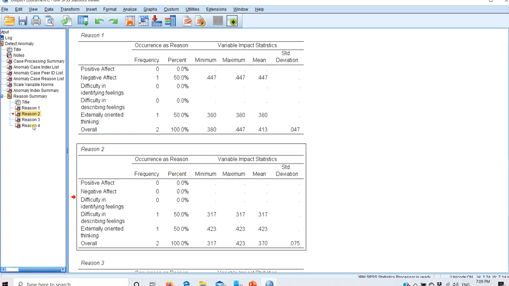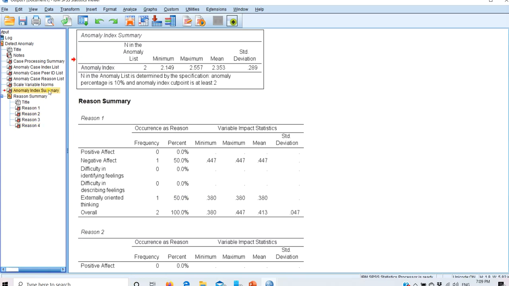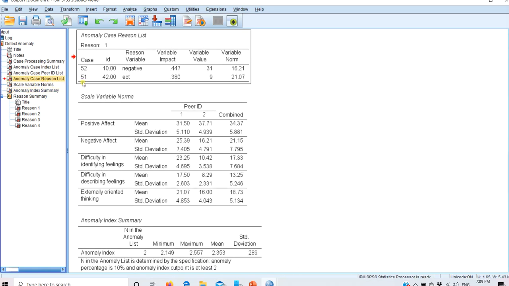So I have asked for 4 reasons. 4 reasons are there, but we will do most of the things by observing this anomaly index summary and the case reason list, that there are 2 important reasons: these 2 cases have a value on negative effect and externally oriented thinking. This case number 42 has a deviant score pattern compared to the variable norms, and therefore it is